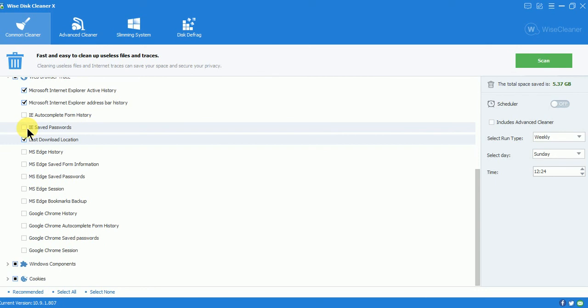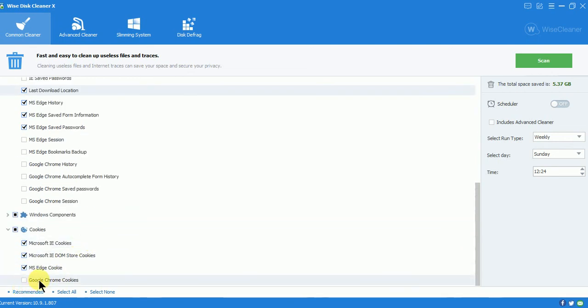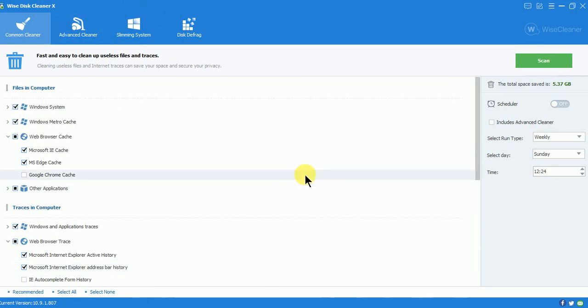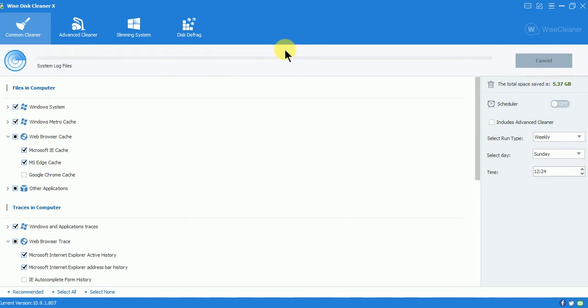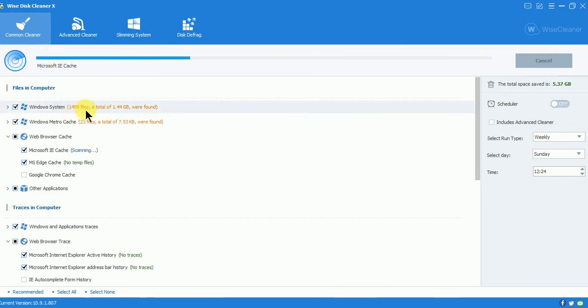You shouldn't select saved passwords. Okay, maybe if you want, you can select. And after that, cookies. Okay, so in this again, I'm not selecting my main browser. Now these are all selected. Now just come here and click scan. Now it will start scanning your computer system, whatever we have selected. Now you can see invalid shortcuts are being scanned, invalid caches and so on. Okay, and this is that many files and the total of that